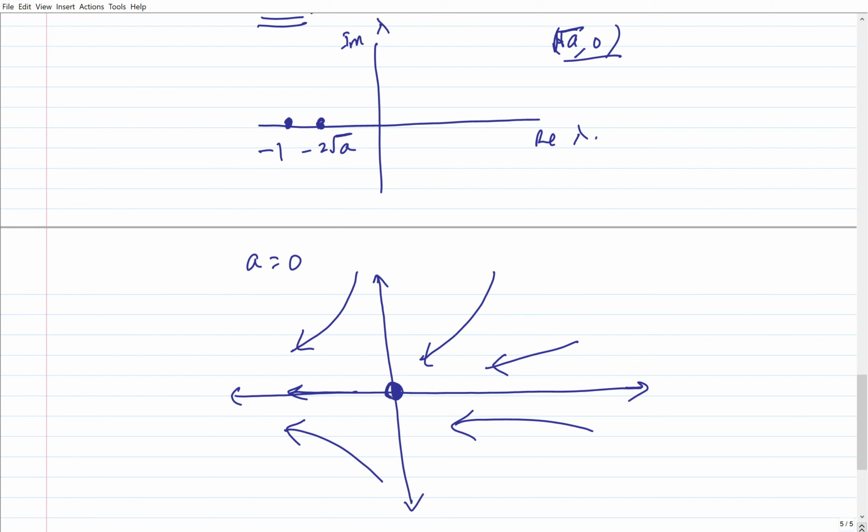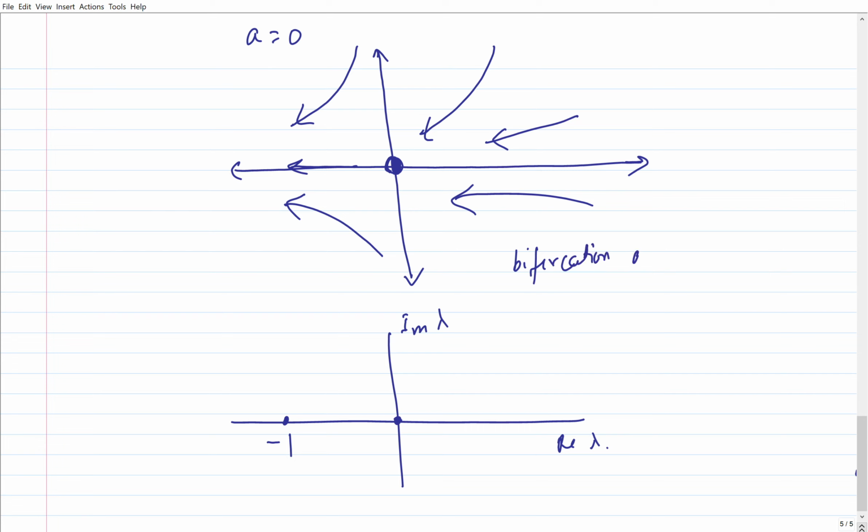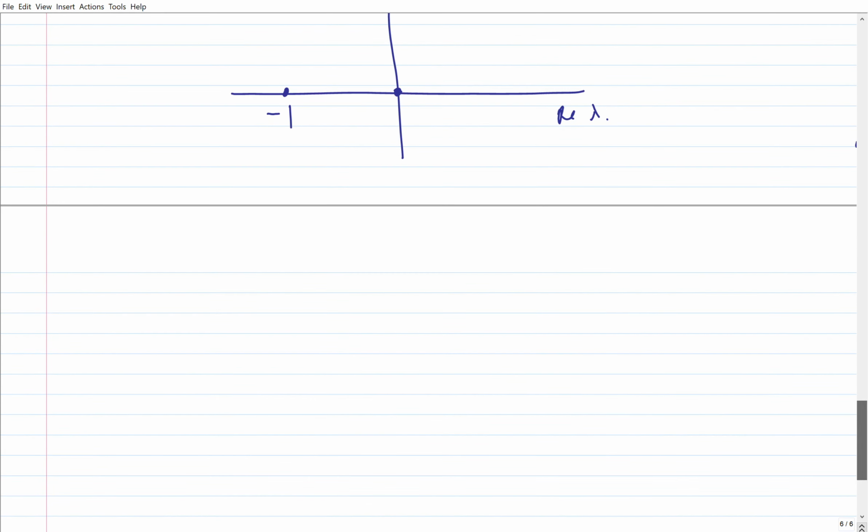So there's a merger of the fixed points. In the space of the eigenvalues I have the imaginary lambda and the real lambda, and of course one of the eigenvalues is minus 1, and the other reaches here, and this is the point of bifurcation at a equals 0. A greater than 0 has a different behavior than a equals 0, and for a less than 0,